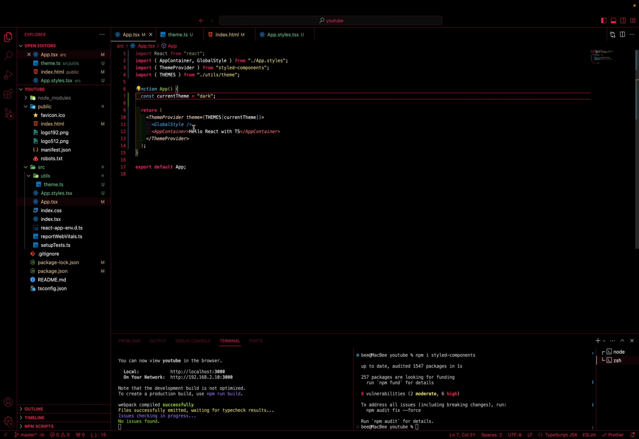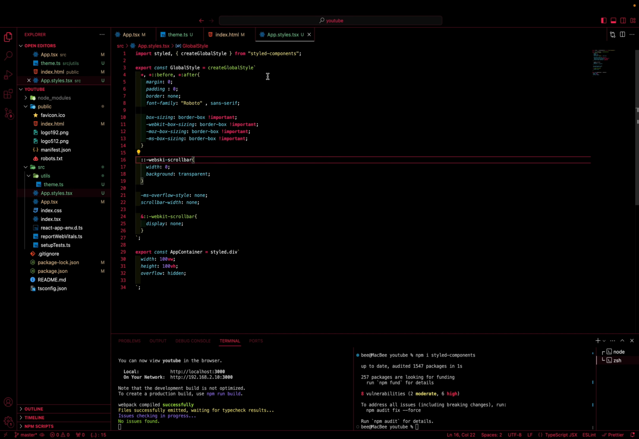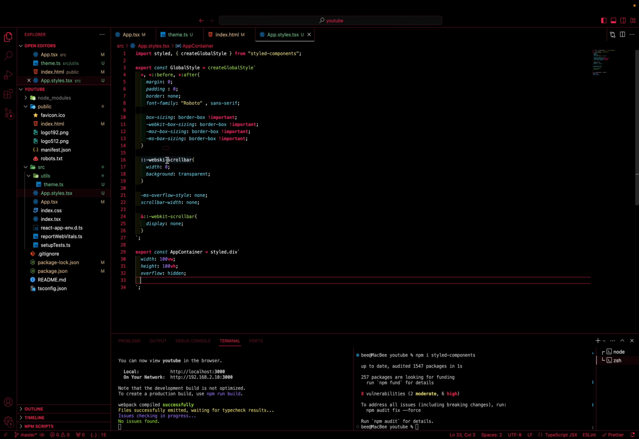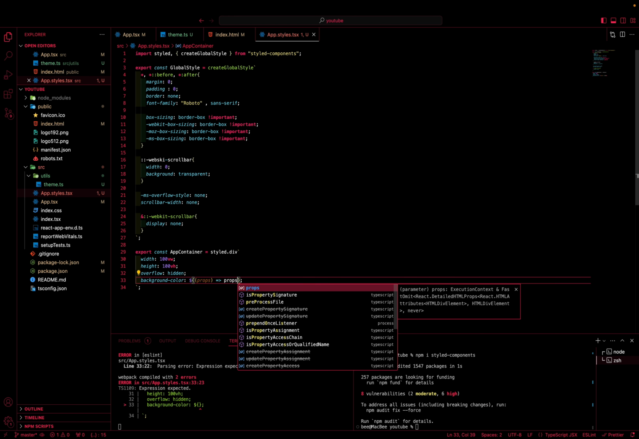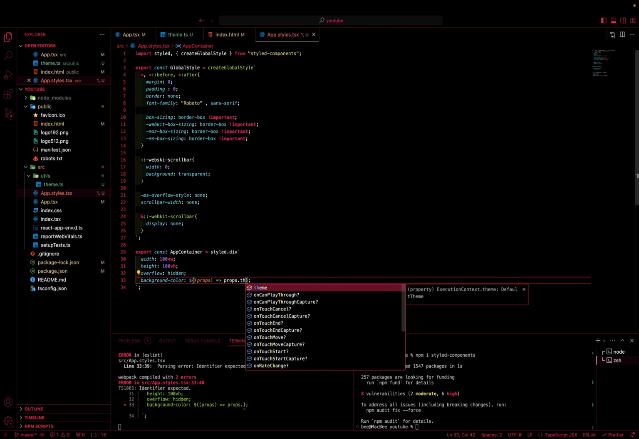So in our global style, which is in our app.styles.tsx, we can go to our app container and say background colon, it's going to be equal to... again, if you want to learn more about styled components, you should take my styled components course. But this is how we access variables or props in styled components. So we're going to say props.theme, and because we've annotated it, we get a good